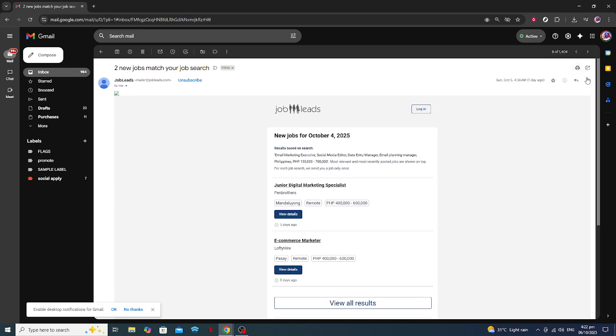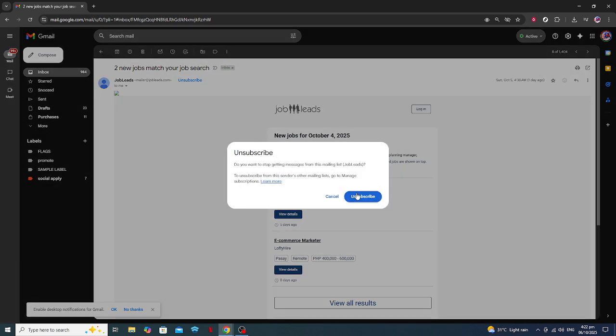However, some emails might not have the unsubscribe link in this menu. If this happens, don't worry. It's usually because Gmail couldn't detect the option in the email itself. Instead, scroll down to the bottom of the email, where you often find the unsubscribe link in the fine print of the footer section. Clicking this link will redirect you, usually to the sender's site where you can confirm your